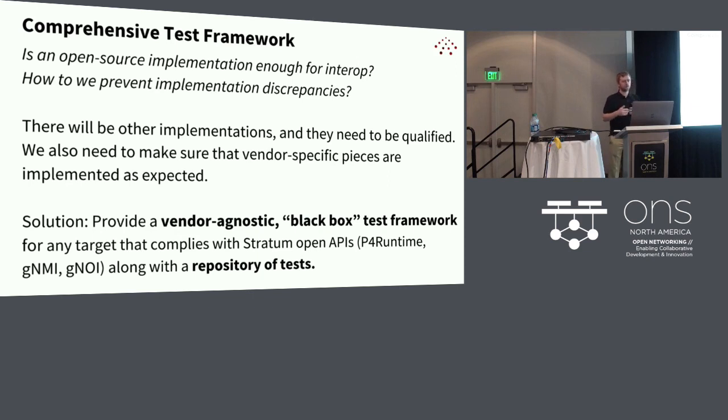So what we need to do, and there's going to be other implementations too. It's not just going to be Stratum as the only implementation of these interfaces. And those implementations and those boxes will need to be qualified. So what we need to do is we need to have a vendor-agnostic black box test framework for any target that wants to comply with this new set of next-gen APIs or the Stratum Open APIs, along with a repository